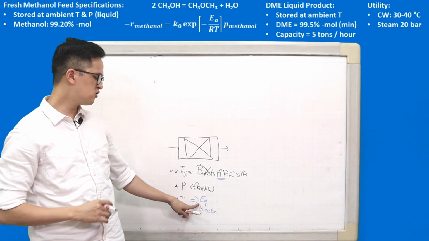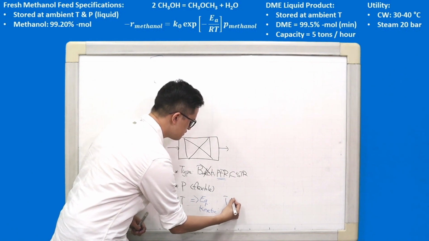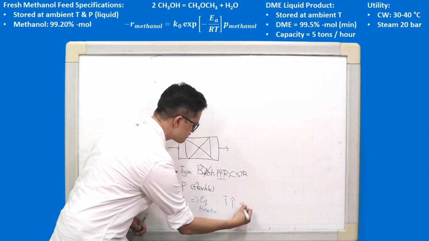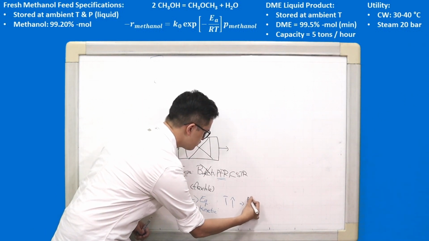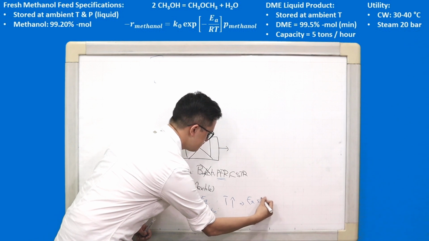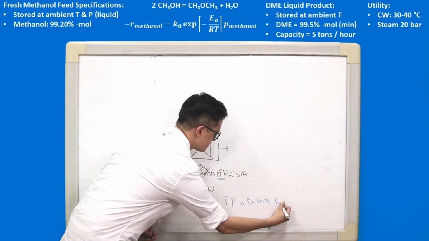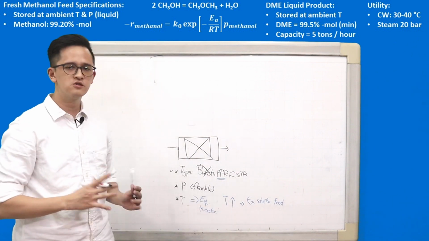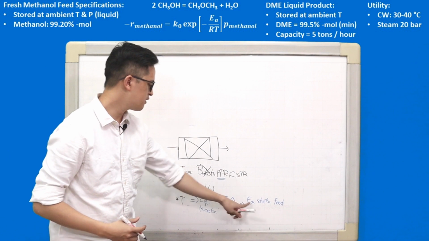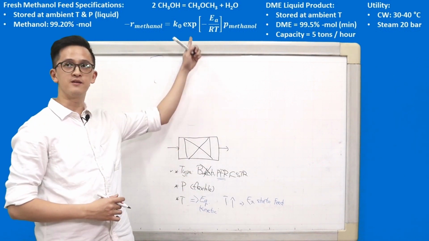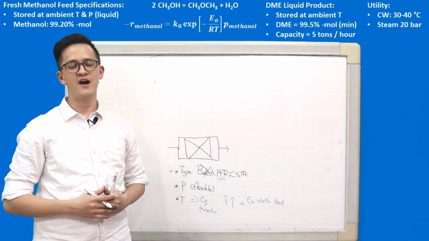For the equilibrium, exothermic. That means if the temperature increases, what will be the consequence? The equilibrium will shift to the feed part. And that's not really a helpful thing for us. Temperature increase for exothermic, equilibrium will shift to the feed part, to the methanol part. So the conversion may not be 100%. But